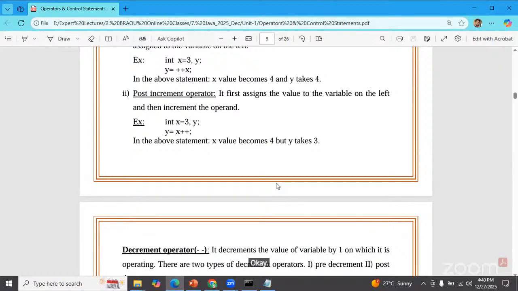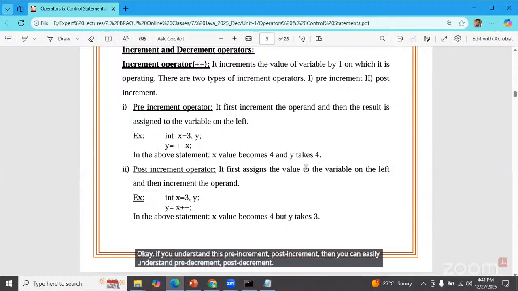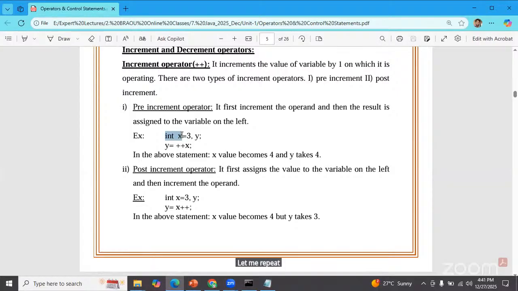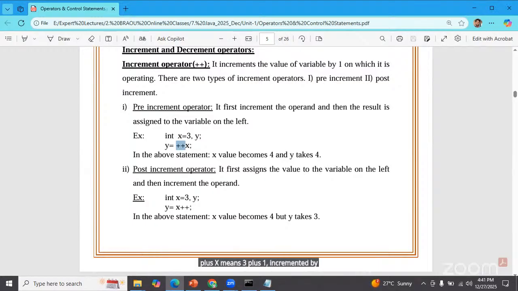Okay, if you understand this pre-increment, post-increment, then you can easily understand pre-decrement, post-decrement. Let me repeat. We have the code like this: int x = 3, y. y = ++x. First the value will be incremented. ++x means the previous value of x equals 3. ++x means 3 plus 1, incremented by 1, 4. So the value will,